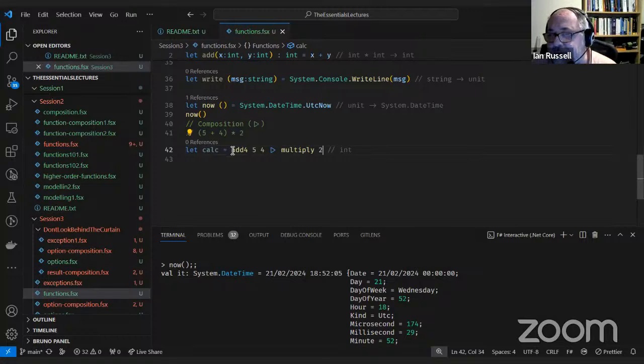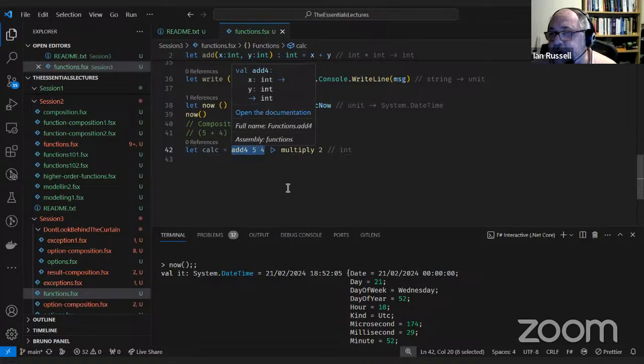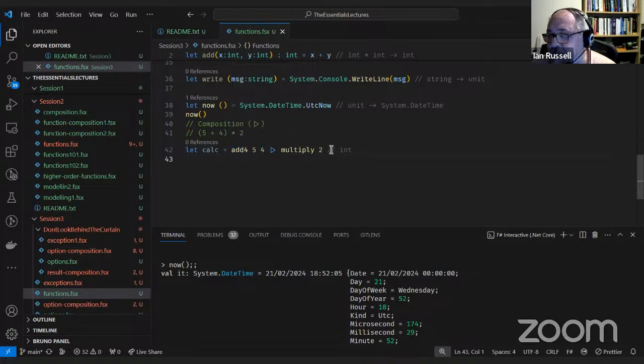So in this case, the result of this add function is passed as the last parameter to the second function here, the multiply function.